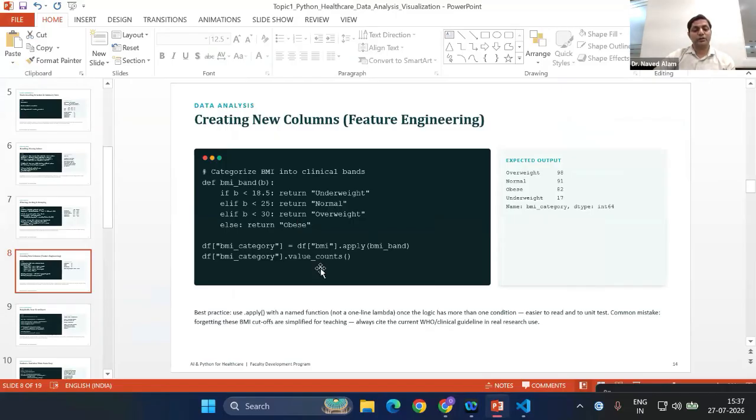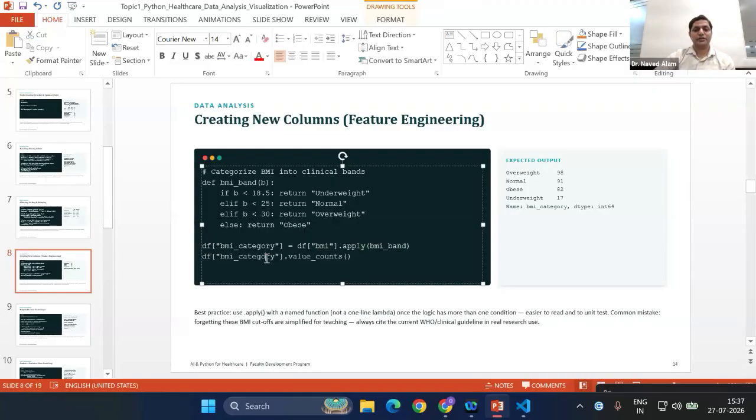We can create new columns in the data set, and that column can be created using square brackets like this. So we need to identify for what value we are creating a new column. Here we have defined a function named bmi_band, and in that we have chosen some